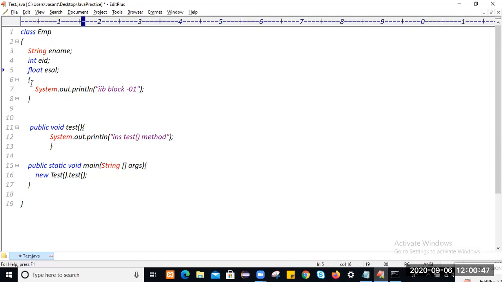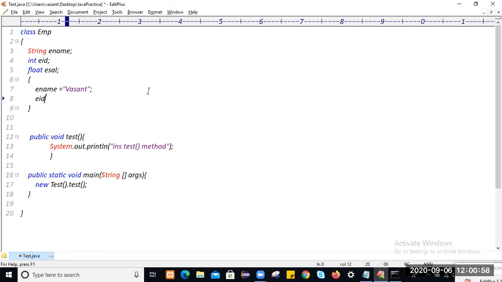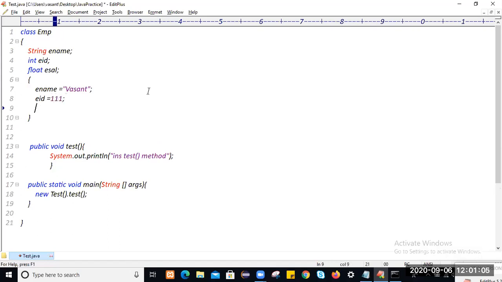At runtime, we can use this instance block to initialize these instance variables. I will initialize the employee name as Watson, employee ID as integer 111, and employee salary equal to 10,000.45, a floating value.